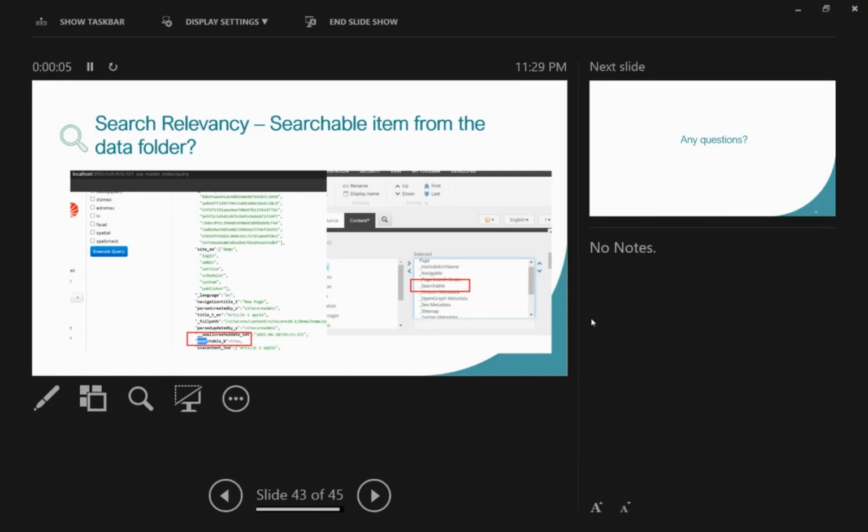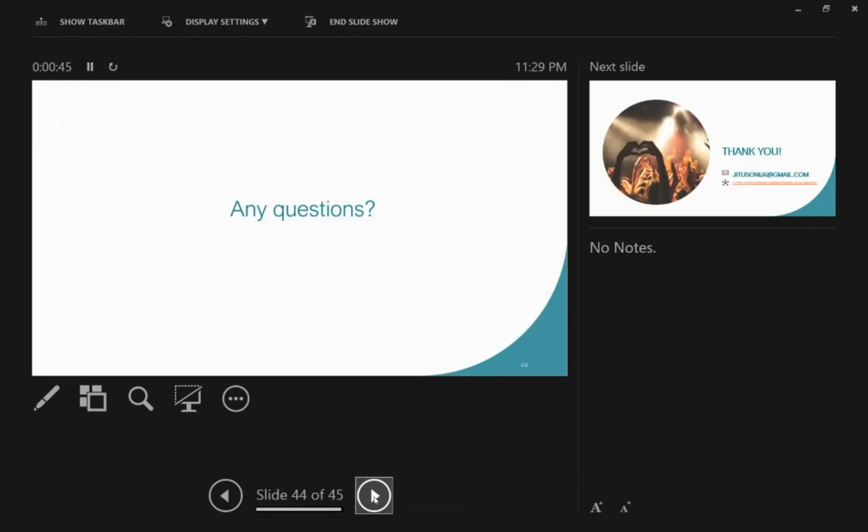The one thing that is very important is, if you want to search any content from the data folder, out of the box, SXA searches all the content from the tree, like all the pages, but you want to reuse the data folder, right? Like inside the data, you have a lot of articles or so many things, right? So you need to make sure that you inherit from the searchable template. And then when you do the inheritance, you will see the searchable field on that particular item will be true. So that's very important, because it's very common that you want to reuse the data folder, so you can see the data in the search result.